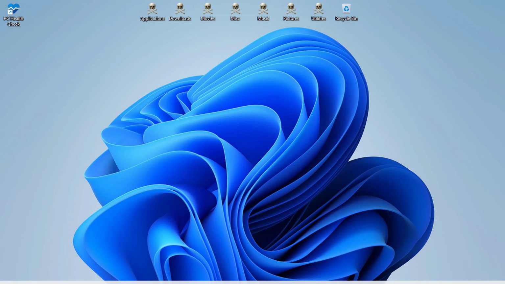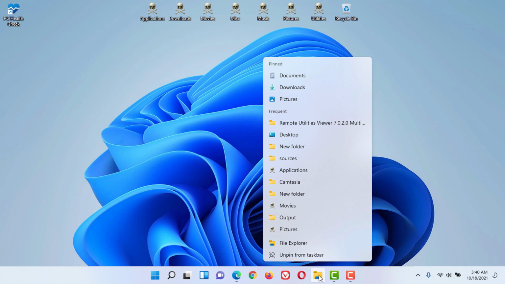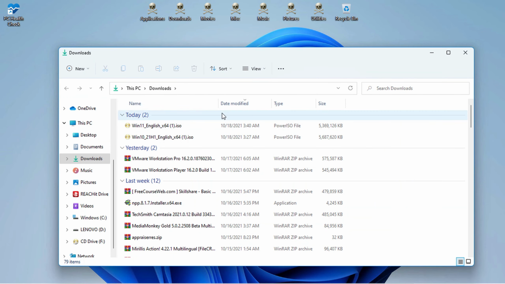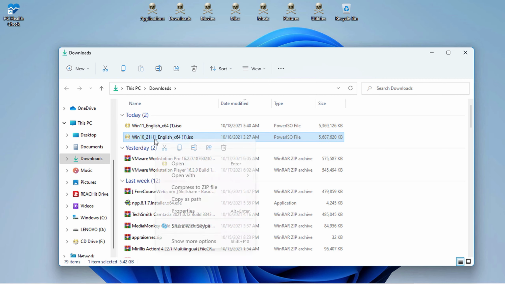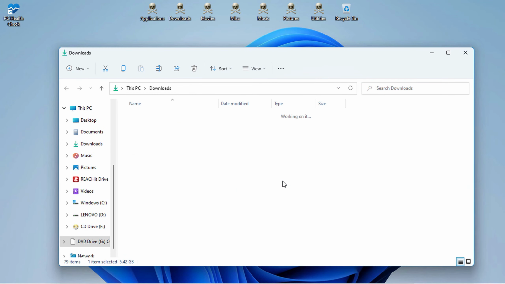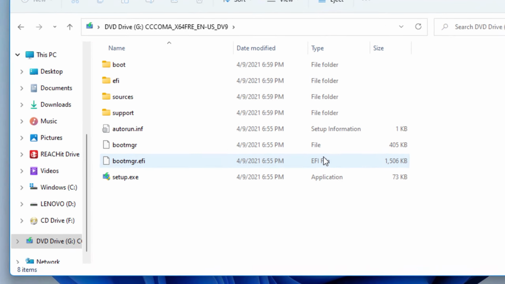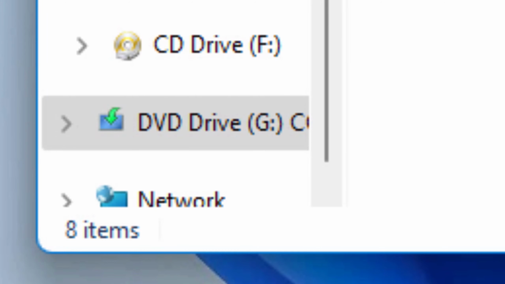Now that we have both the ISO files, we can minimize our browser and open the Downloads folder. Here, let's first mount the Windows 10 ISO by opening it via Windows Explorer. As you can see, this creates a new virtual drive which has the letter G in my case.